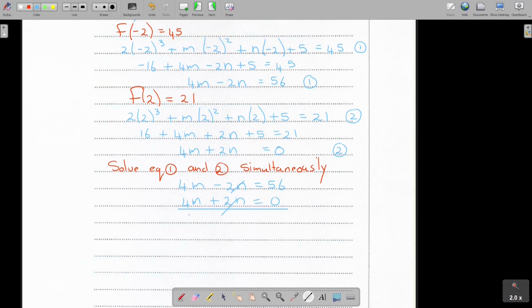So this is going to be 8m, and this is going to be 56. And then I divide by 8, I divide by 8, so therefore m is going to be 7. And I just substitute